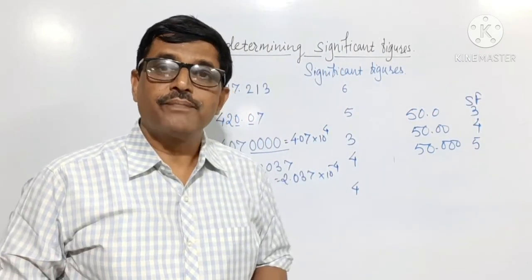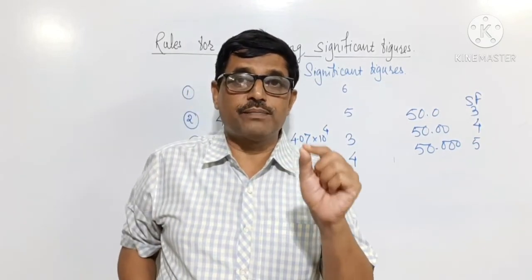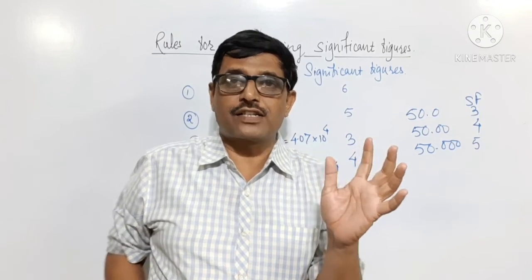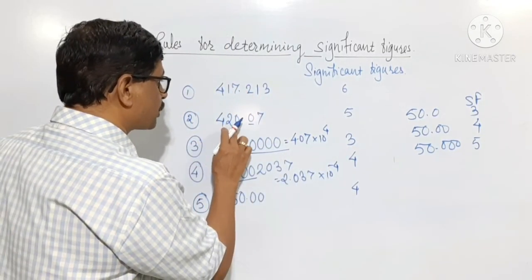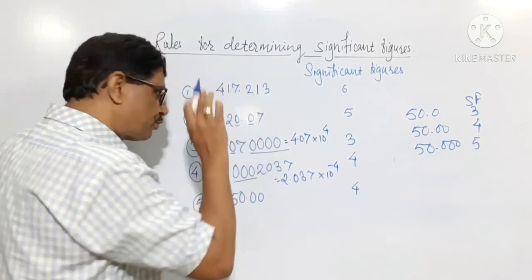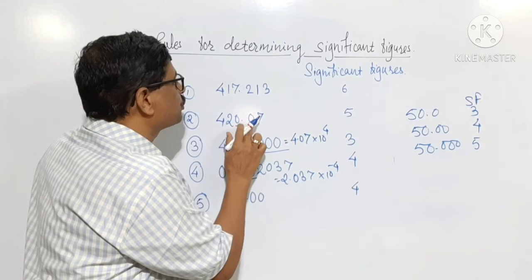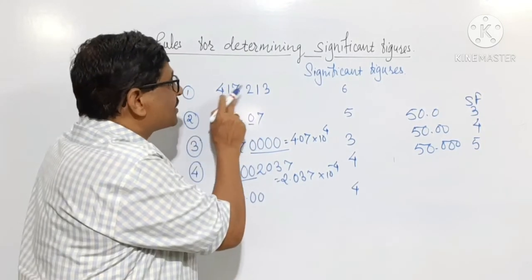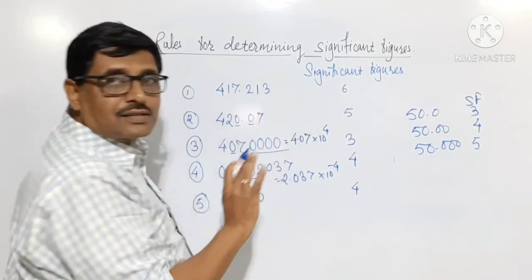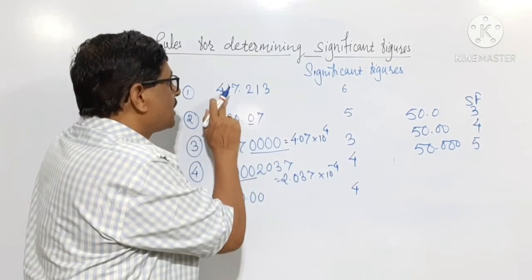तर नेहमी कुठलंही मोजमाप करत असताना दशांशानंतरच्या किमती आपण अशा सेपरेट सांगत असतो. हे म्हणणं चुकीचं आहे की 420.7 हे चूक आहे. हे कसं म्हणायला पाहिजे? 420.07. हे म्हणणं चूक आहे. 417.213 असं नाही म्हणलं पाहिजे, हे चूक आहे. याला असं म्हणलं पाहिजे